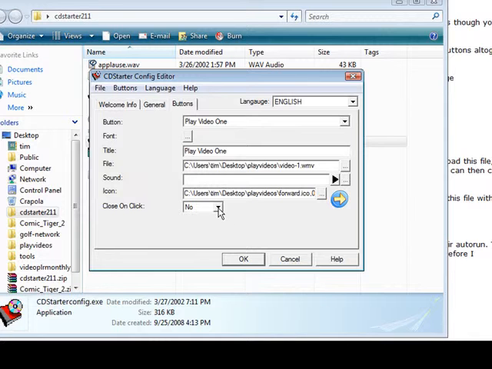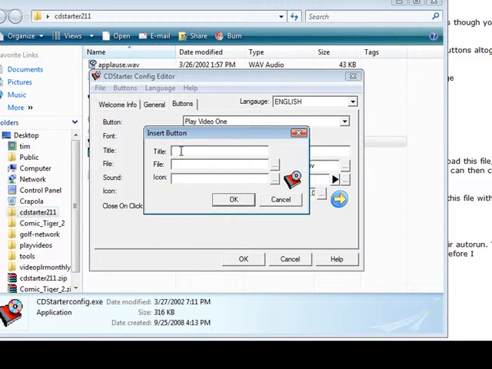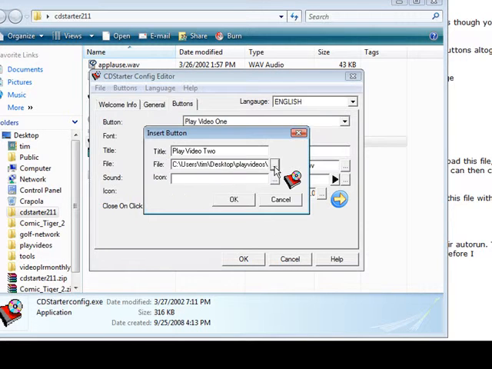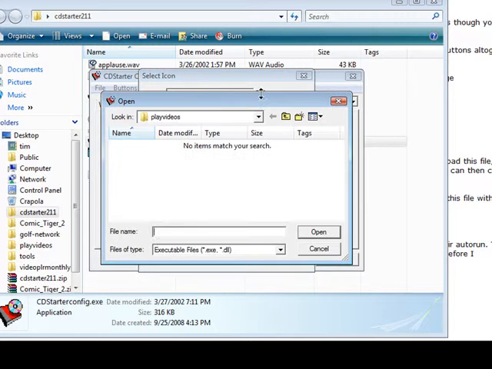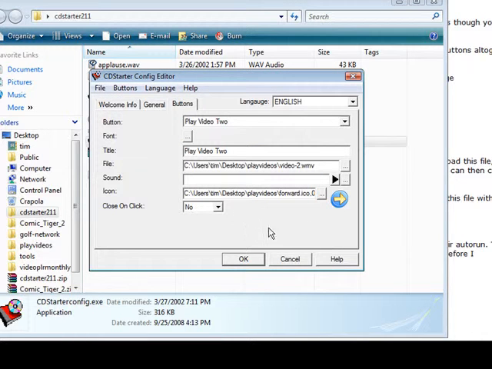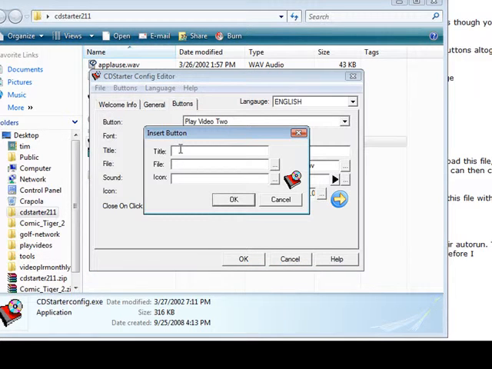And if we want to close on, click yes or no. Okay, then we go to buttons. We'll do an insert and we'll insert another one. So we do play video 2. Same deal again. We find the file, find the icon,